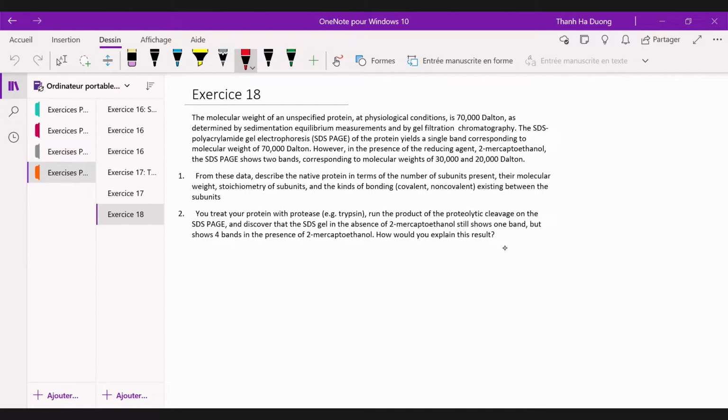However, in the presence of a reducing agent like 2-mercaptoethanol, you have two bands. So it means that you have the SDS gel